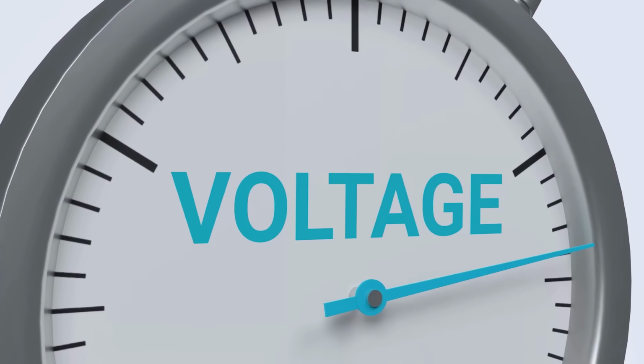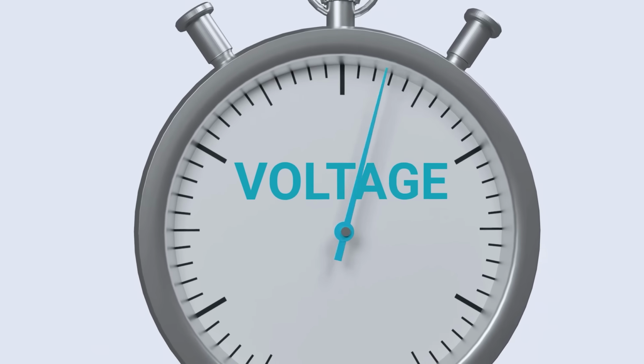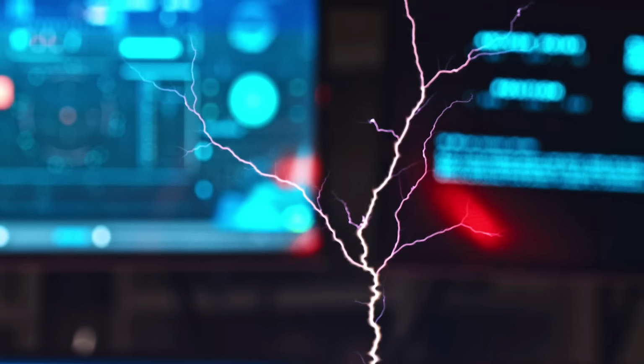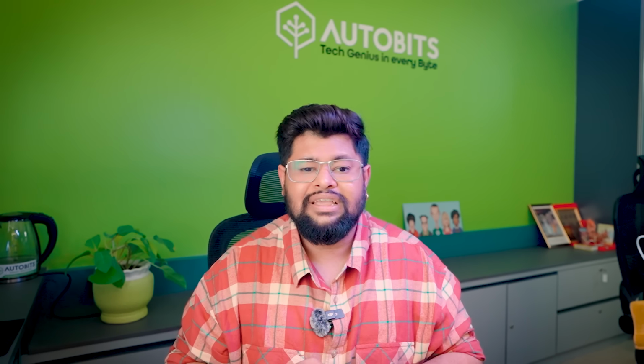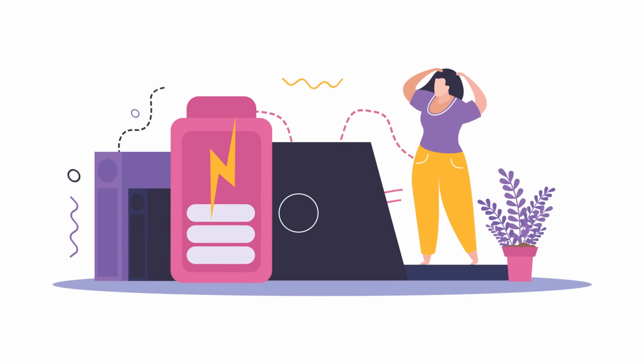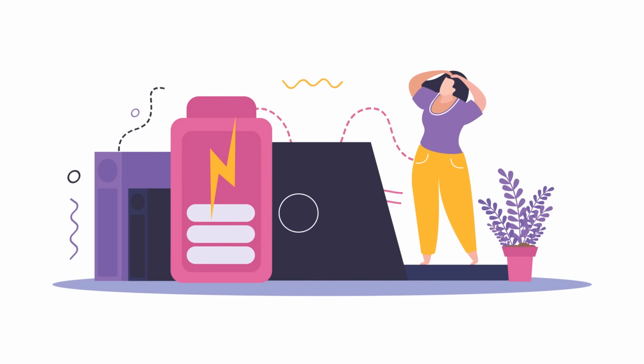So now let's understand the basics of energy monitoring. Voltage is a force that pushes electricity through your machines. Current is the flow of electricity. Together they determine the power your system consumes, measured in kWh, kilowatt hours. But here's a catch: not all power you pay for is used efficiently. Apparent power, measured in kVA, includes both useful power and wasted power. A low power factor means a bigger portion of that power is being wasted, increasing your cost and heating